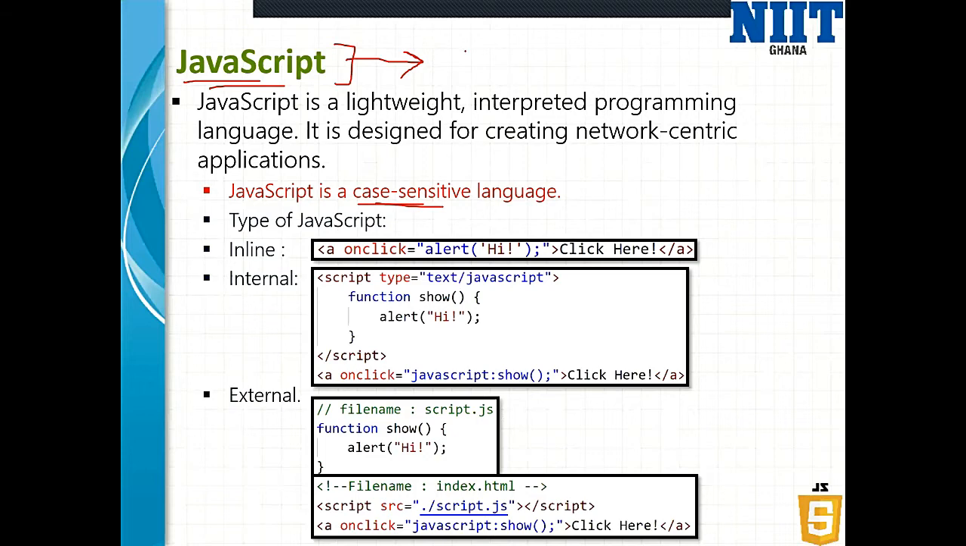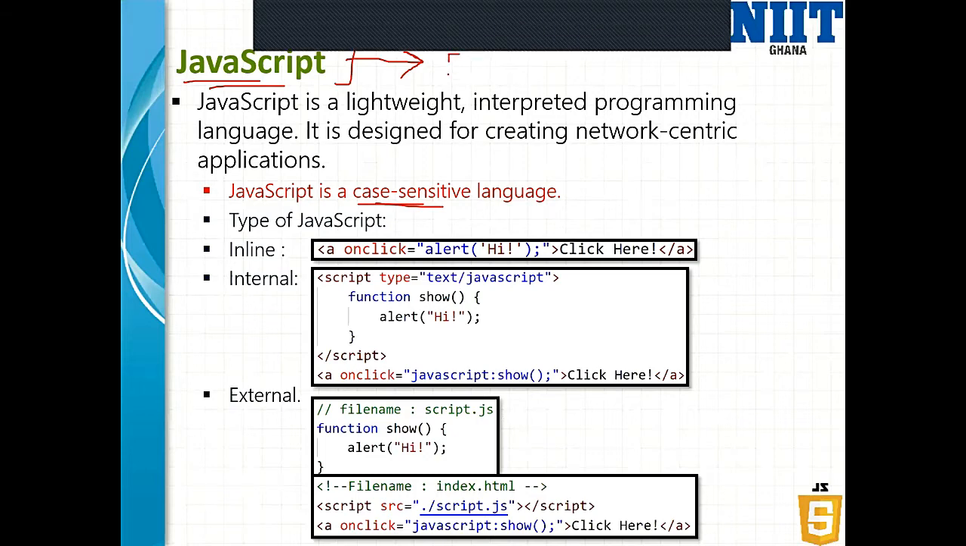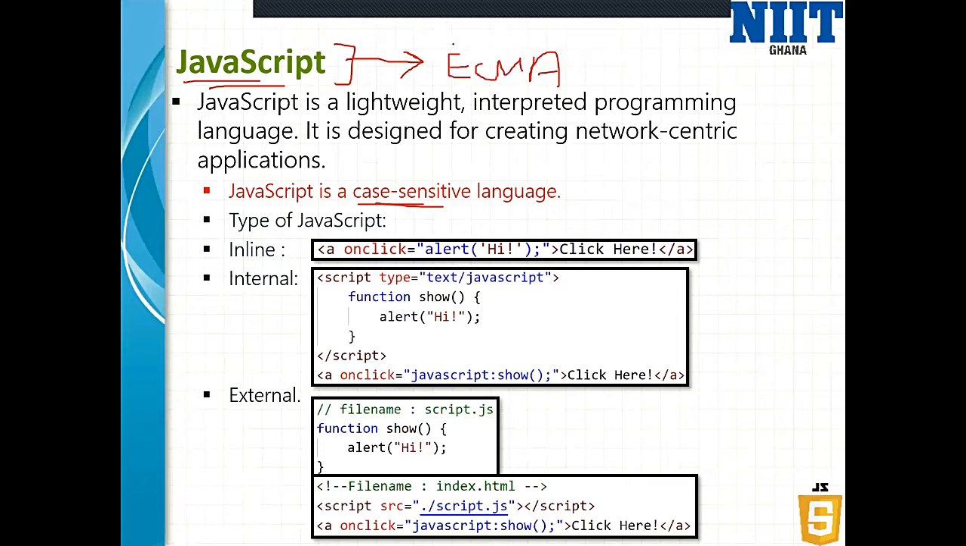JavaScript comes from a scripting standard called ECMA. ECMA stands for European Computer Manufacturers Association script. So JavaScript is built from a script called ECMAScript. This is the core behind the JavaScript language. This is not the only thing that is behind JavaScript. ECMAScript is used in other languages also, like CoffeeScript and TypeScript. These are all based on this thing. Okay,